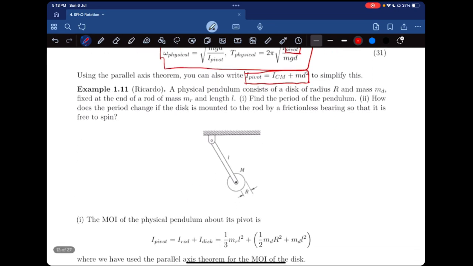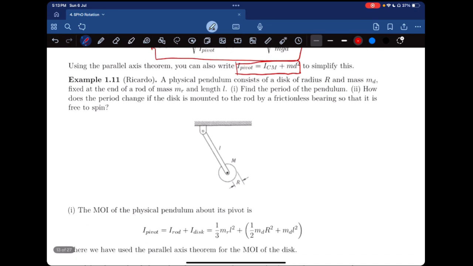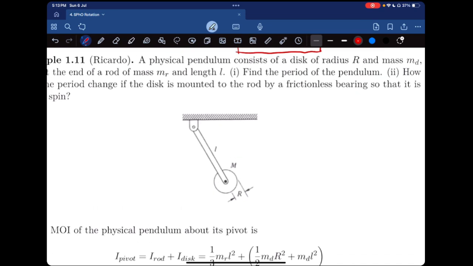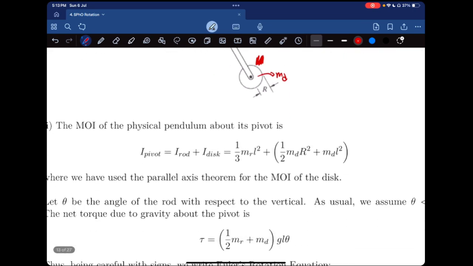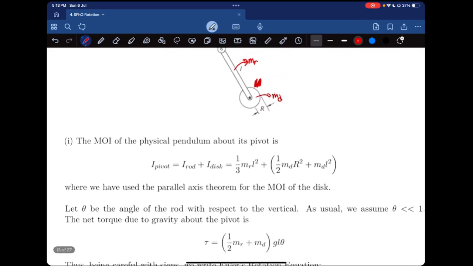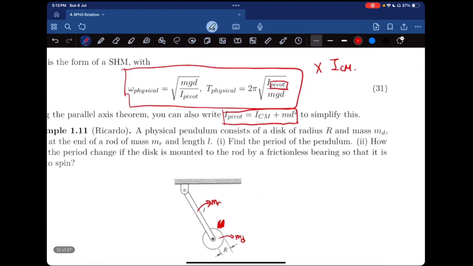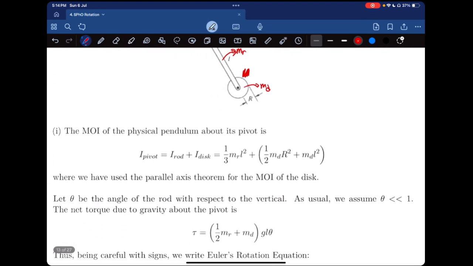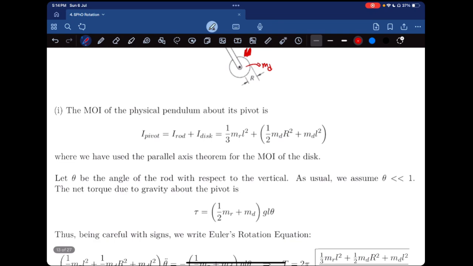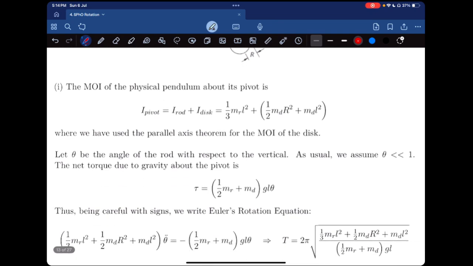So here we have an example of a physical pendulum where there's a disk of radius r and mass md and a rod of mass mr and length l. You want to find the period of this pendulum first. The period can be found just by applying this formula here, which involves finding the moment of inertia about the pivot, which is given as such, and then you can find the